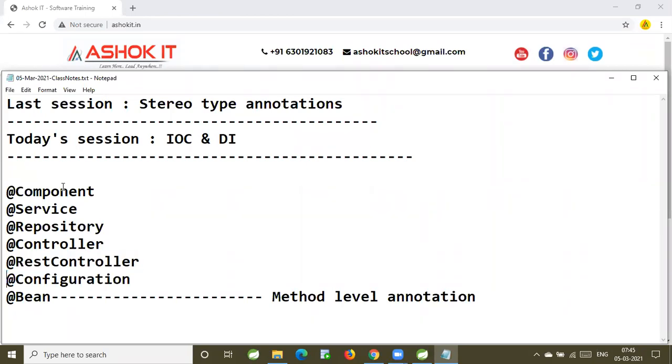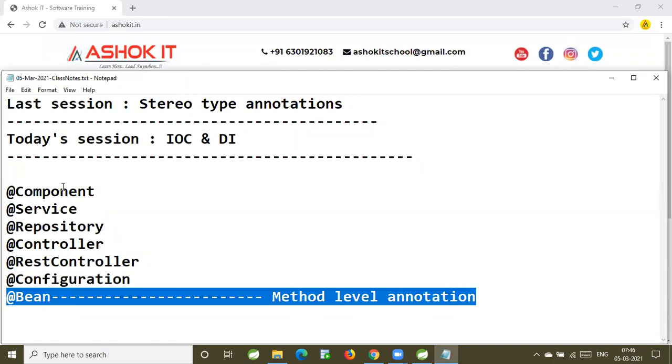After that, we have @Configuration. If you want to represent our Java class as a configuration class, then we use the @Configuration annotation. After that, we have the @Bean annotation, which is a method level annotation.